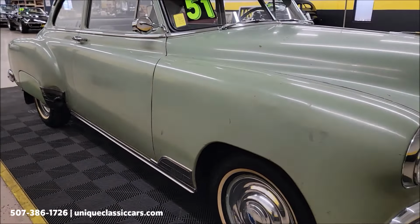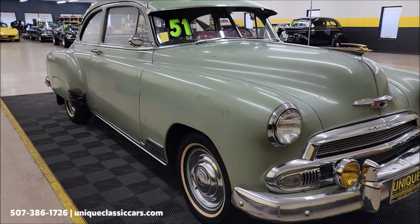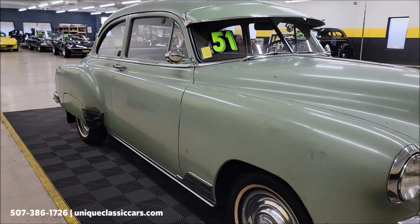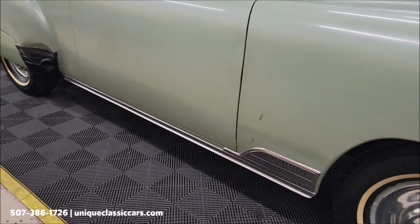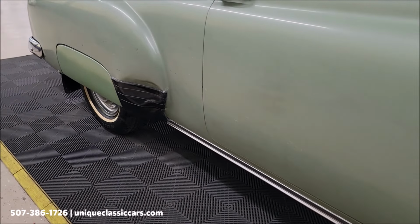Take a peek at the Chevrolet wheel covers. Also quite a few extra things that are going to come with this. This car was actually in the same family for 20 plus years. And they decided it's time to find a new owner. So here it is. So around those wheel wells, looking good, but manuals, repair manuals, shop manuals,